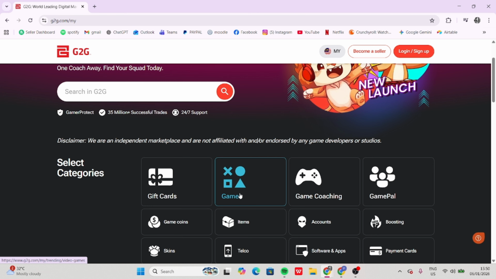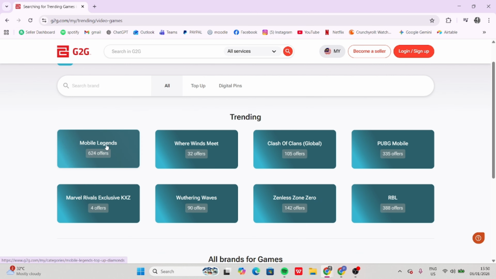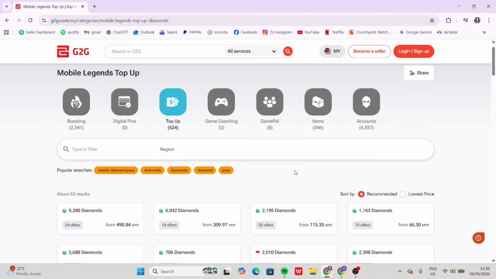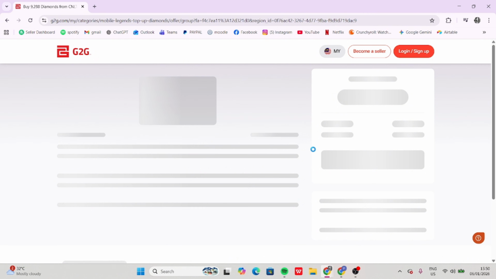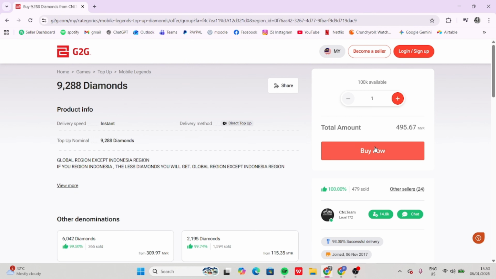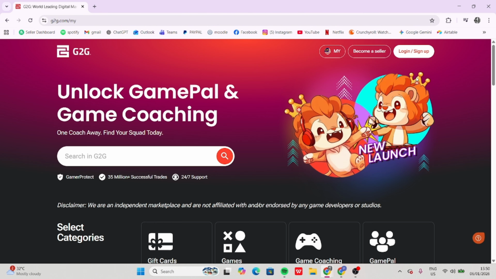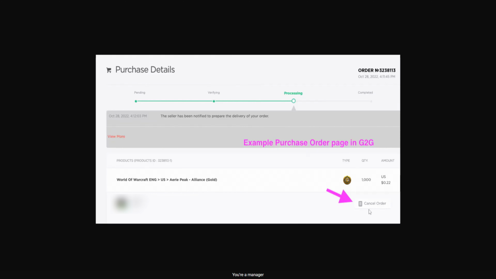So for example, let's say you have purchased one item, for example for Mobile Legends. You purchase this item. After you click on buy and finish all the things, when you log into your account you will see your purchased item. You click on that, then you select the item that you want to get a refund for. After that you should see something like this. You can click on the refund button and go back to your home screen, and you will see that the